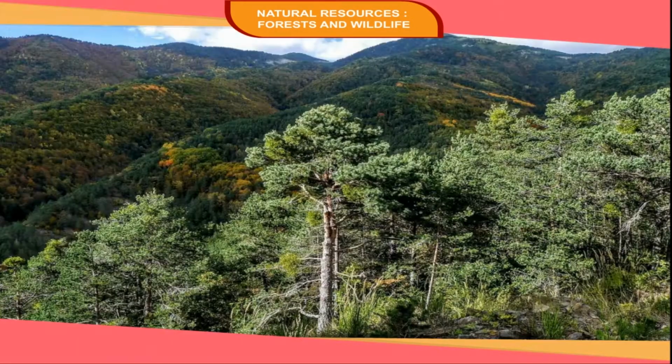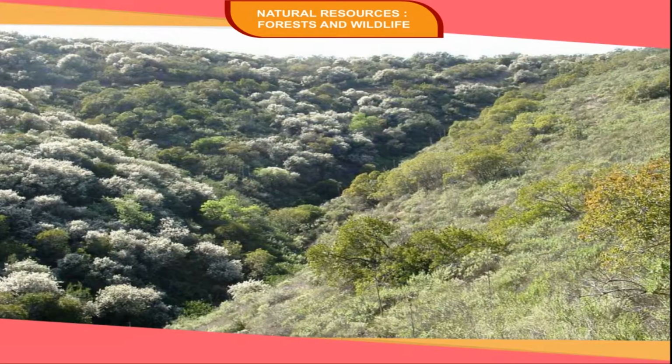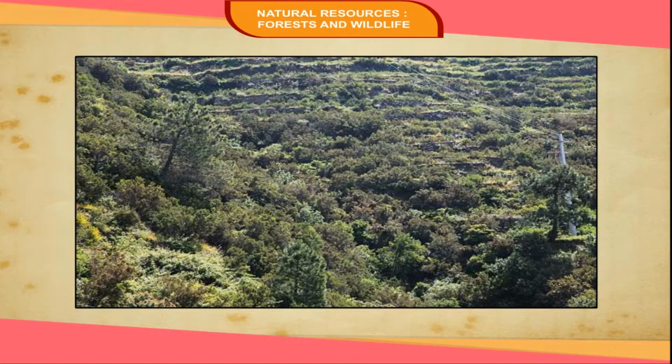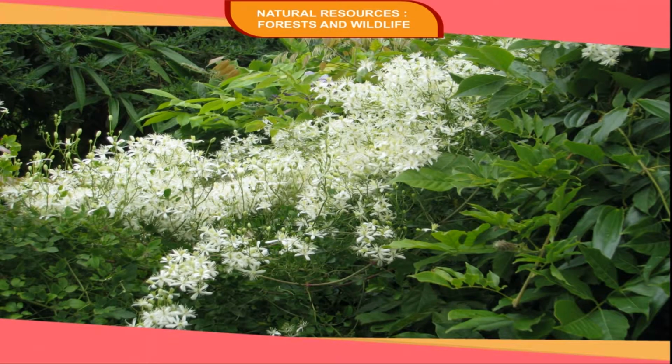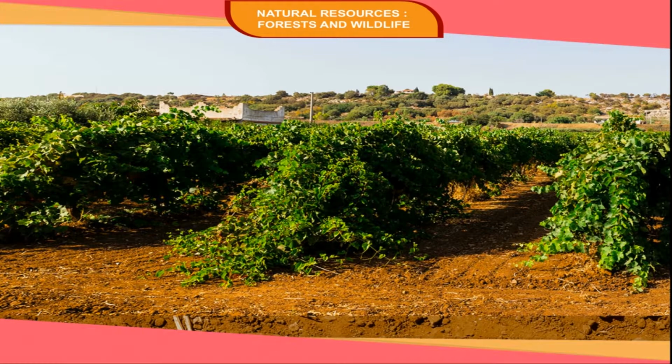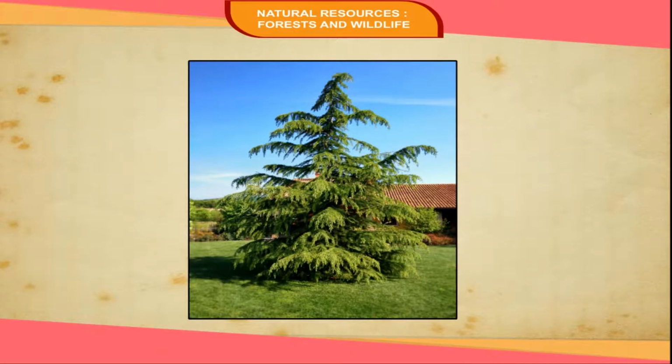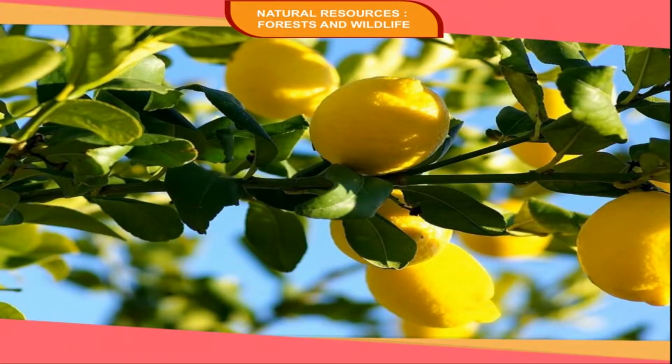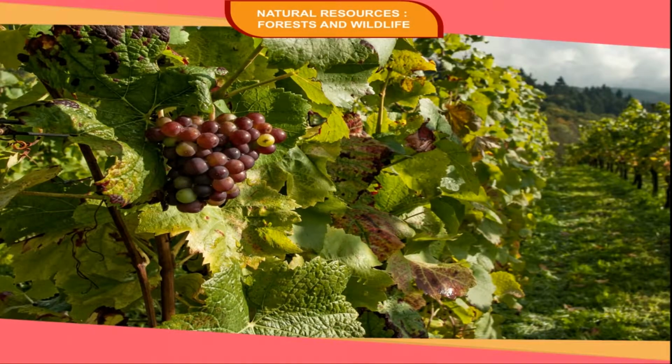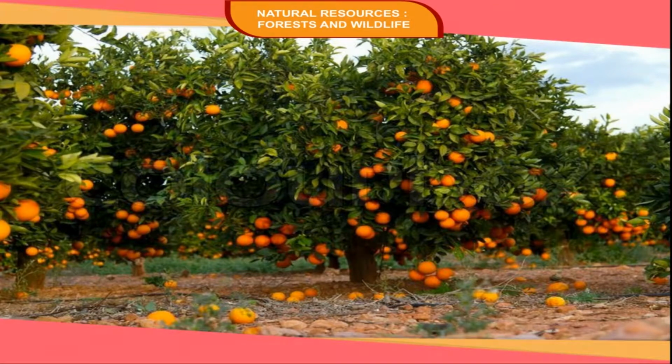Mediterranean forests. Hot dry summers and warm wet winters around the Mediterranean Sea create conditions for these types of forests. The plants remain evergreen as they adapt themselves to withstand summer drought. The trees are of medium height and have waxy or very small leaves. They develop very long tap roots to draw out water from the subsoil. The main species of trees are olive, cedar, pine, etc. Citrus fruit trees such as lemon, grape, and orange also grow here.